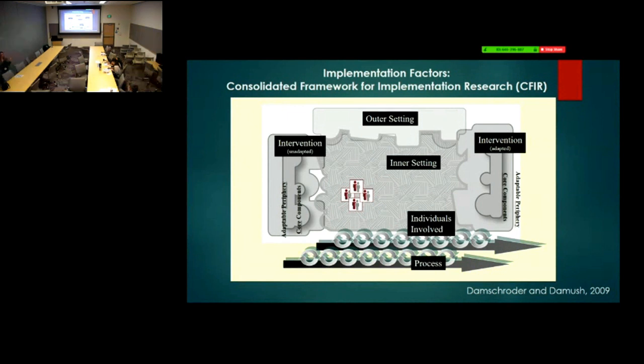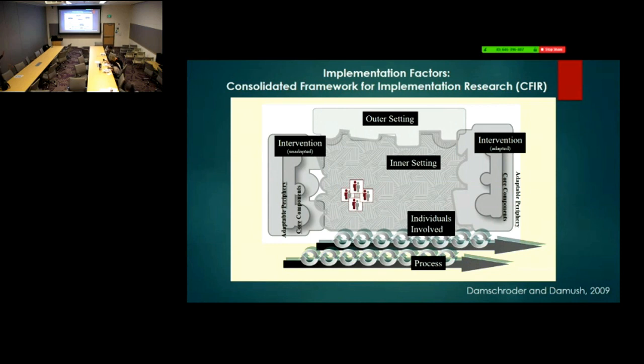So I do get some money from Telegen. This is my conflict of interest. What Telegen does is they get money to try to implement Medicare and Medicaid policy, and they were trying to reduce readmissions. People go to the hospital, and they're supposed to be well and go home and not come back, because the hospital doesn't make more money if they come back, right? So we don't want them to come back because we want them to be well, and we don't want it to cost us money.